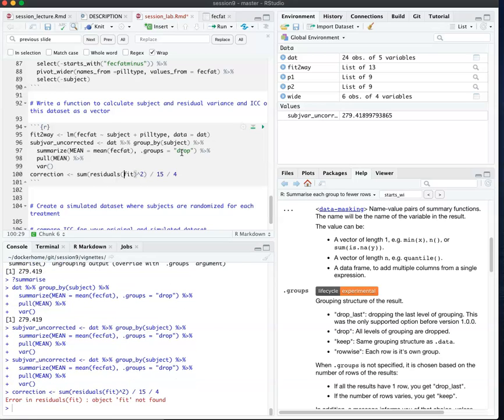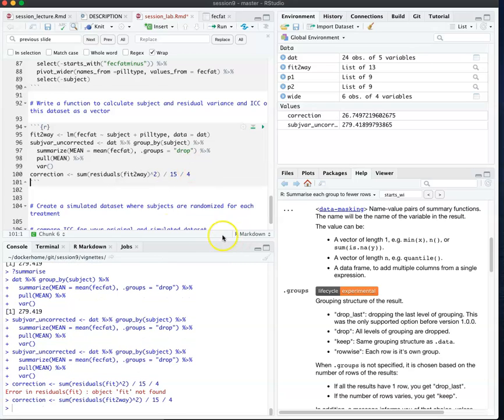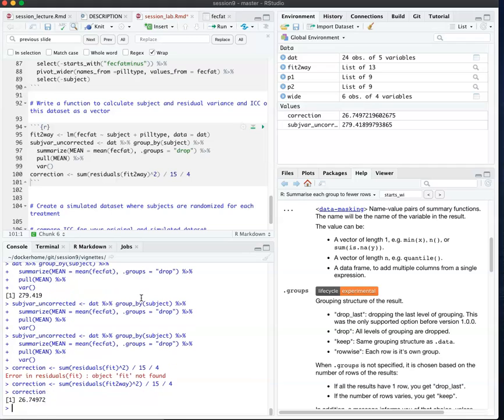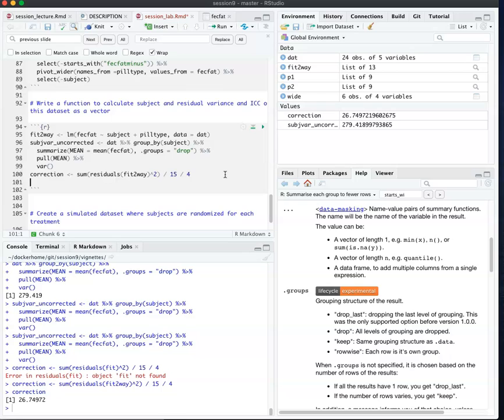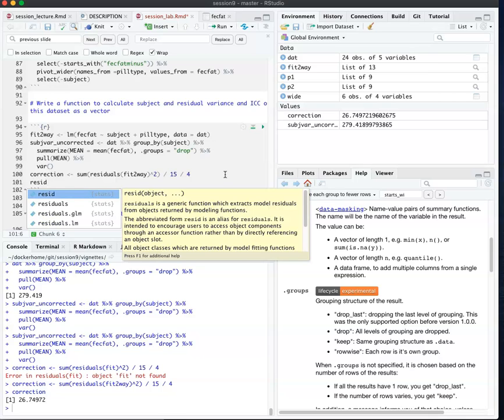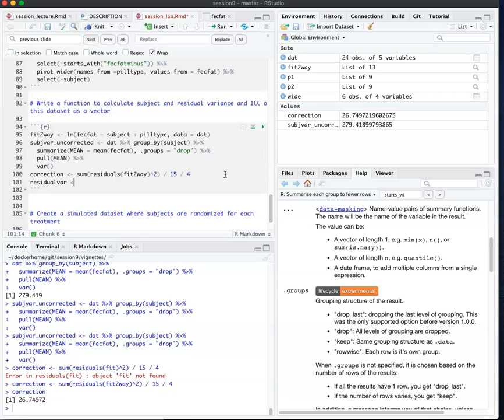Sorry, this is fit two-way. And yes, that's the same value that we had. And then finally, the residual var was